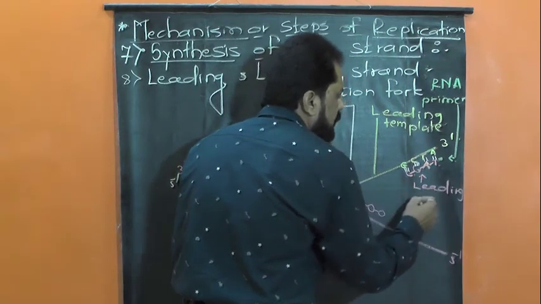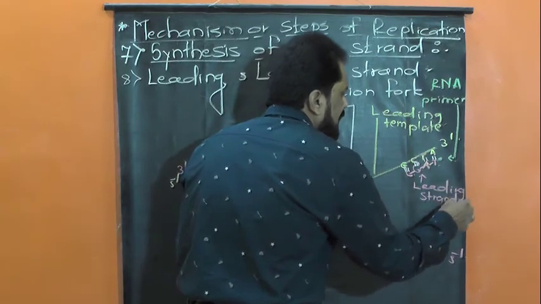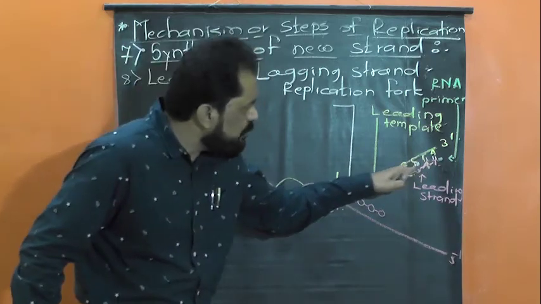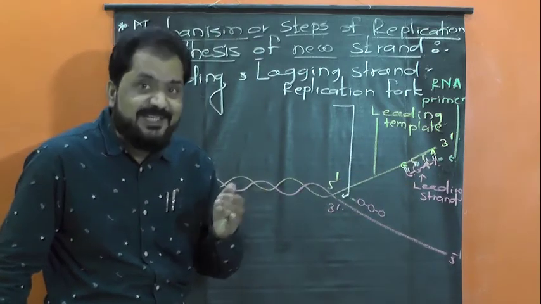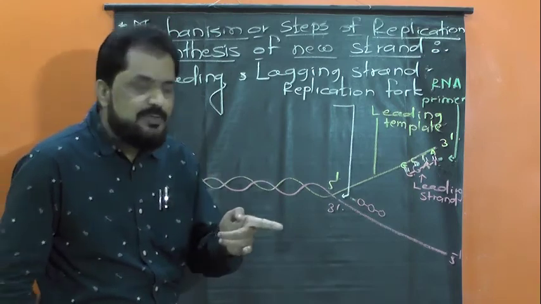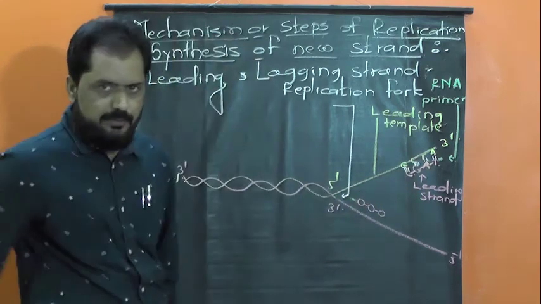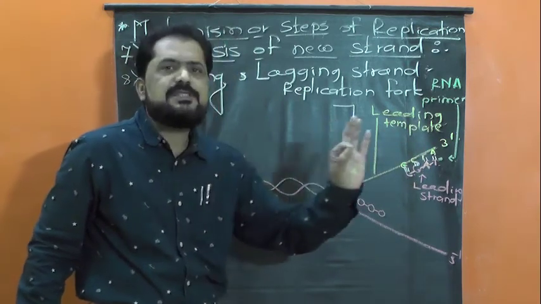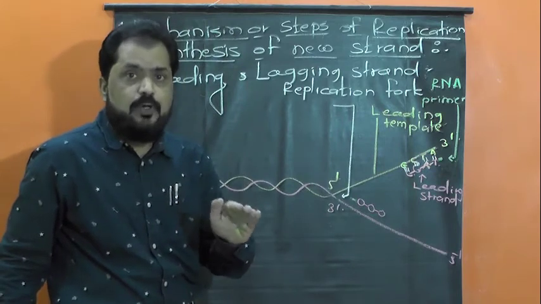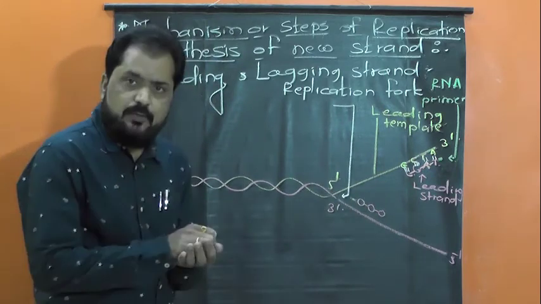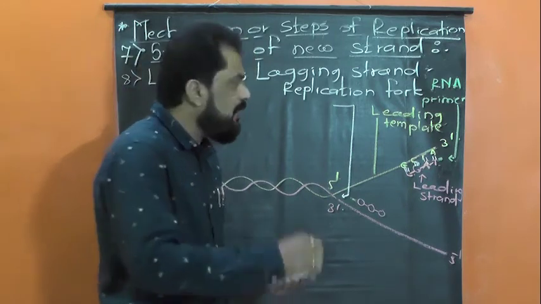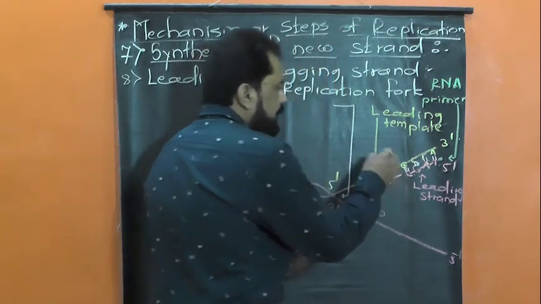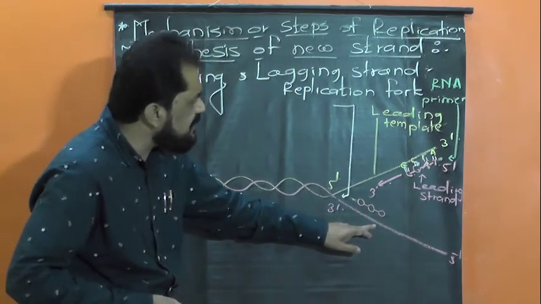Why? Because this new strand is synthesized quickly, earlier, continuously and towards the replication fork. The synthesis of new strand always takes place from 5' to 3' end, while the other template strand is known as